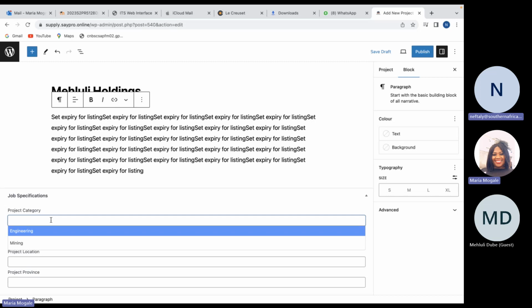This is for the host to be able to create their specific project. So remember, in order for you to invite me, you must have created the project, which is this one. And then when I receive it as a link on my email, or when I log in, I will be able to enter my company names and all the information.